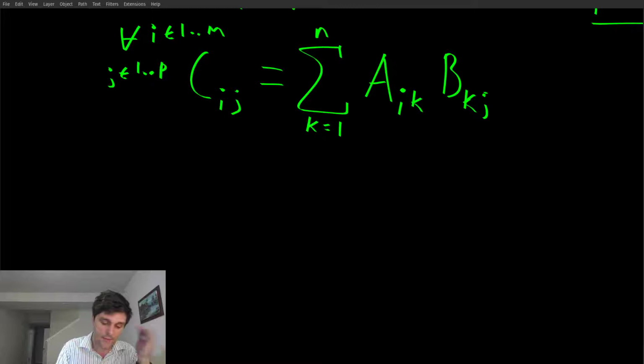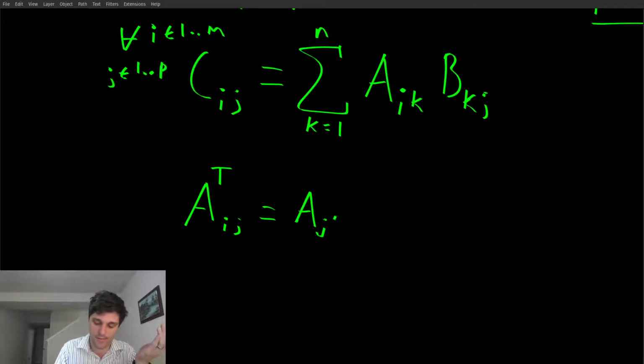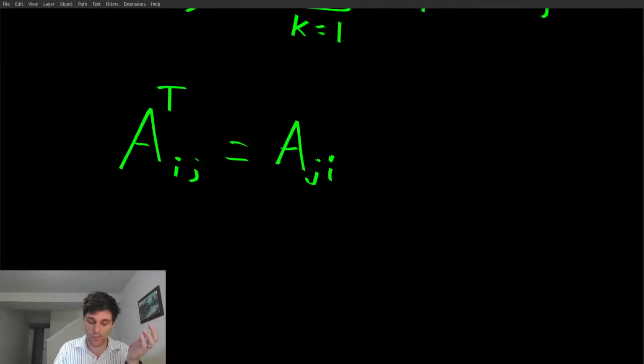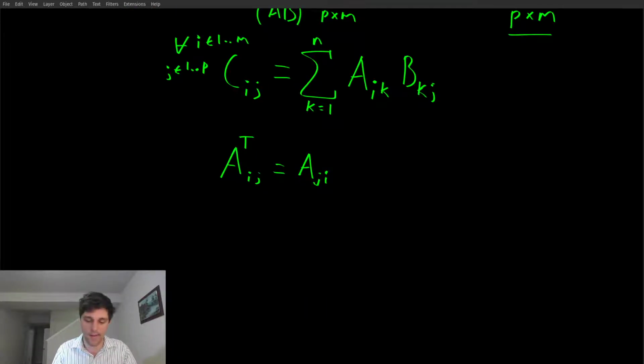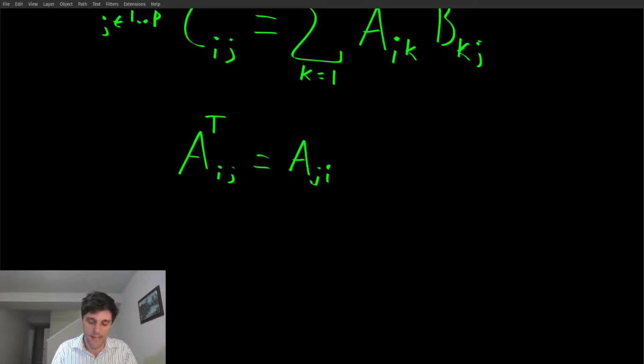And then the other fact that we're going to need is the transpose. So for any ij, A transpose at ij is equal to A at ji, right? Just flipping the indices there. Okay, cool. So now we're set. So now we can say